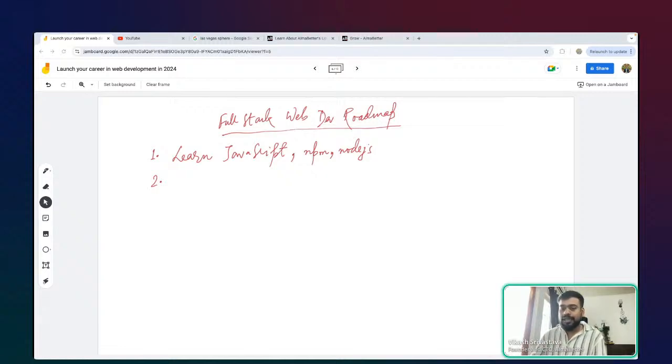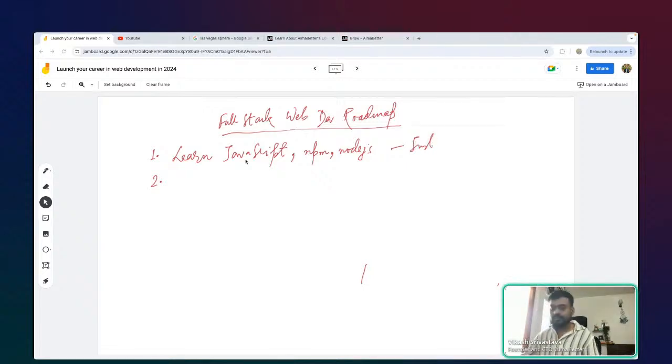So do we have to learn AI as well in web development? No. We don't need to learn AI, but we must incorporate AI in learning web development. And the most important thing I will encourage you is to install Cursor IDE.